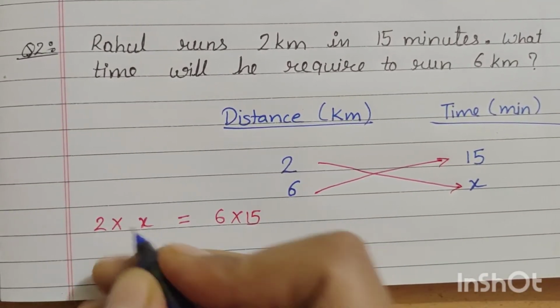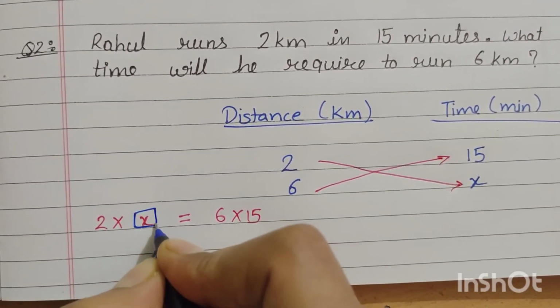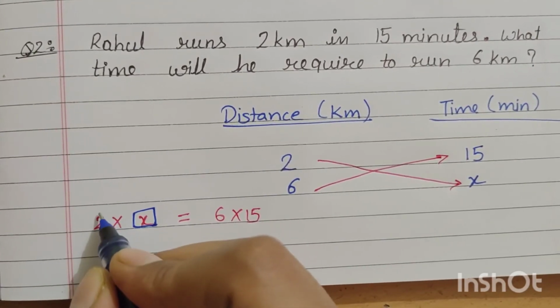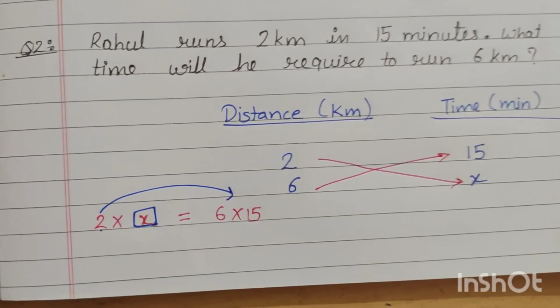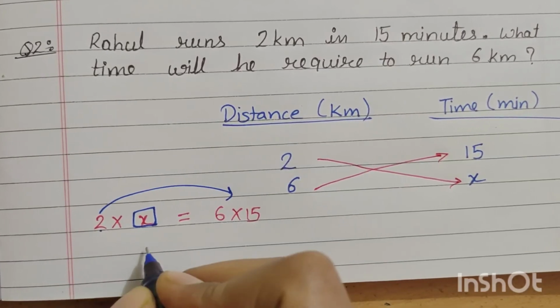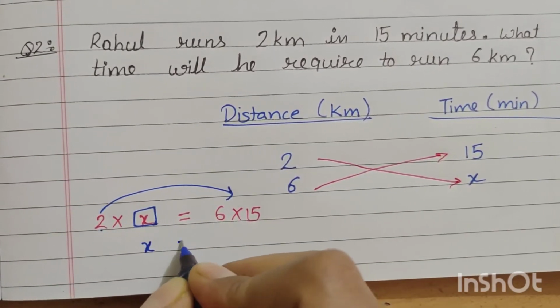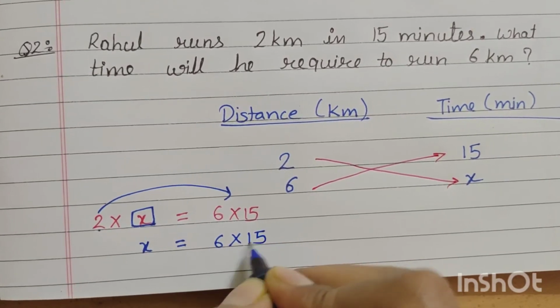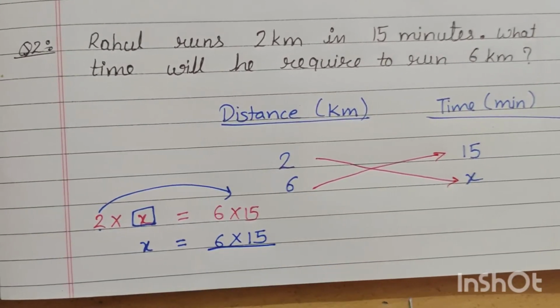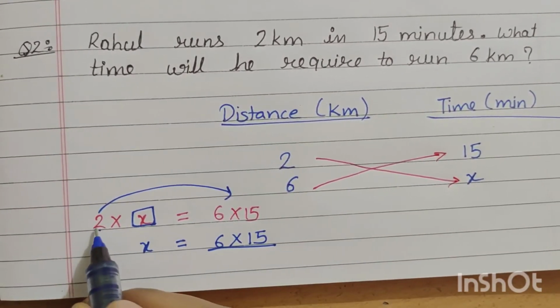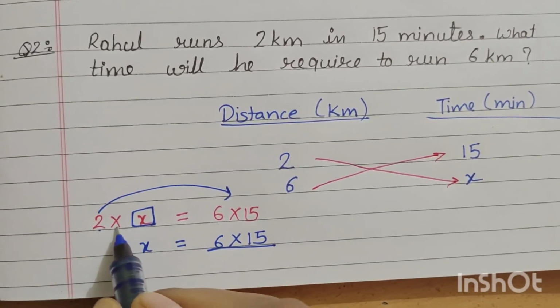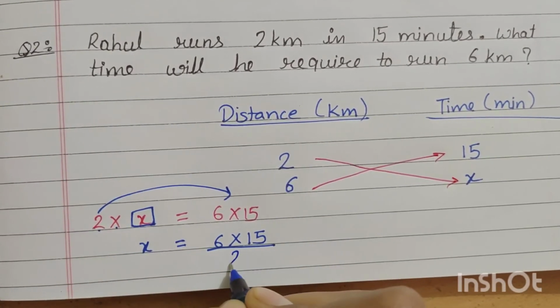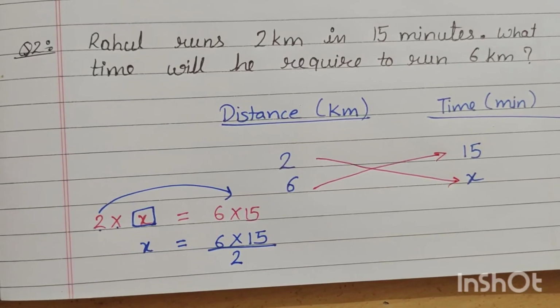Okay, now to find the value of this x, this 2 must have to jump over this equal to, है ना. तो क्या लिखेंगे, now next step होगा x is equal to, write this statement as it is 6 multiplied by 15 and we now divide this by 2. ओके, बिकॉज यहाँ मल्टीप्लाई में है तो ये वाला 2 इस तरफ जाके इसे डिवाइड कर देगा.